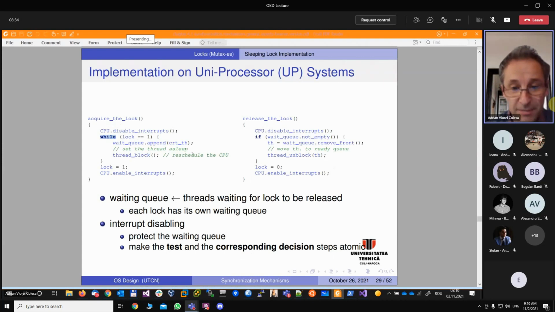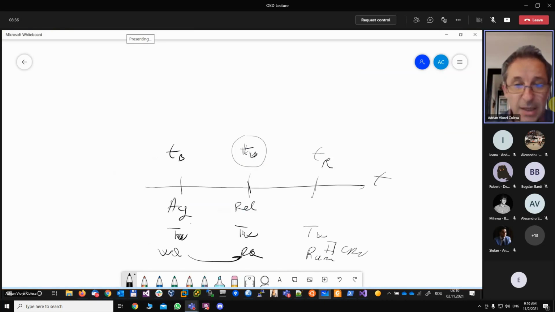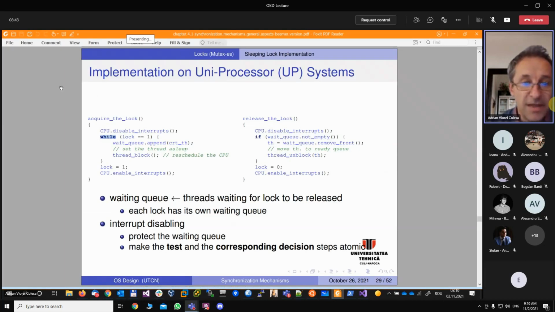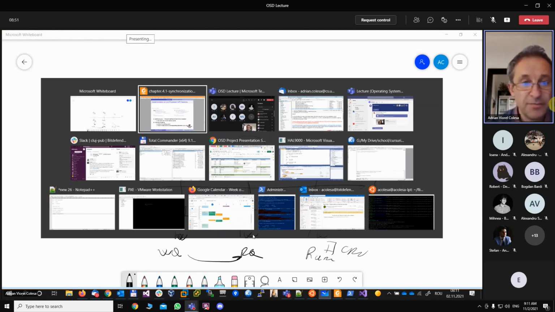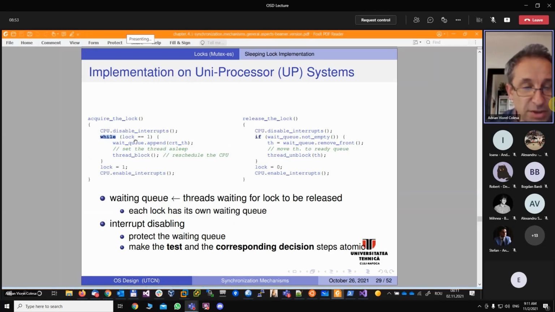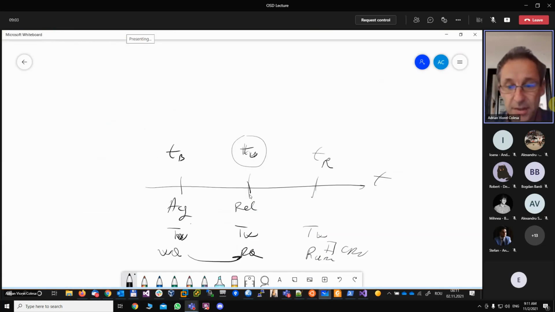The waiter, this one we are talking about, has no control on the system at all, no control on the lock, no control on the interrupts, things like that. So that means that this other thread, which calls the acquire before the waiter, could be scheduled firstly, could disable interrupts, find out the lock available, take it, and go on. And when the waiter thread is given the CPU and resumes execution, we can easily see that it's not enough